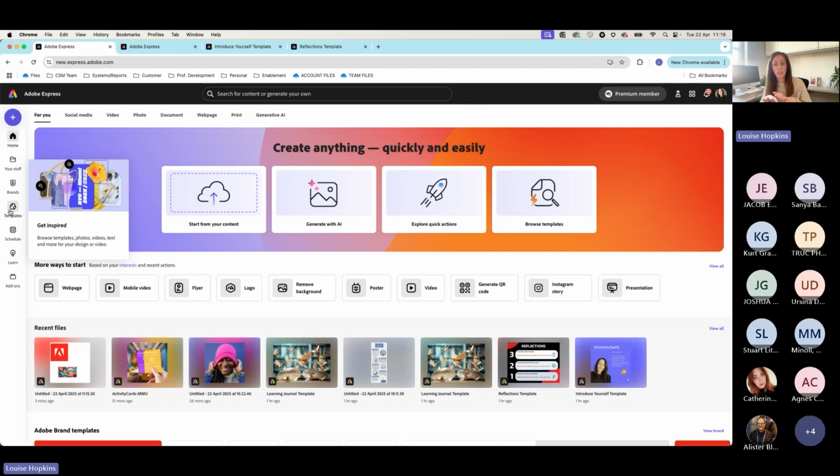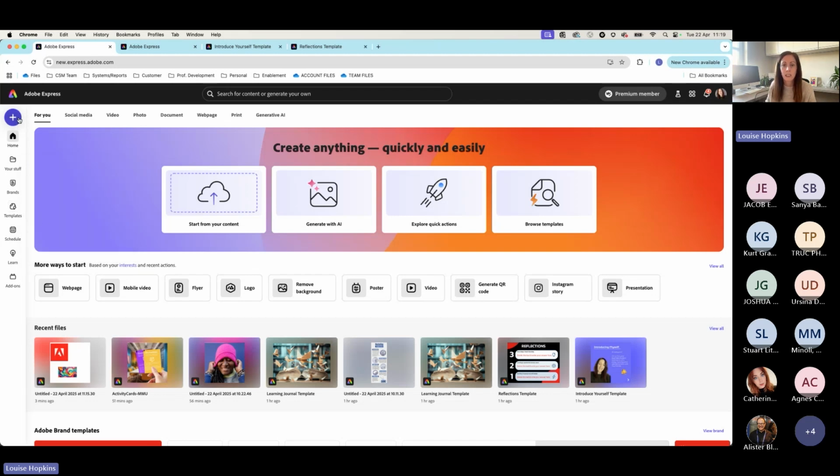But if you wanted to create, like we've just done, a blank piece of paper, so to speak, and then start to add your own stuff on there, you can do it that way as well. It really doesn't matter. Whether you want to start from a blank piece of paper and then add your own visuals to it, or whether you want to start from a template and then edit it with me, either way is absolutely fine. So either the plus sign if you want to start from scratch,